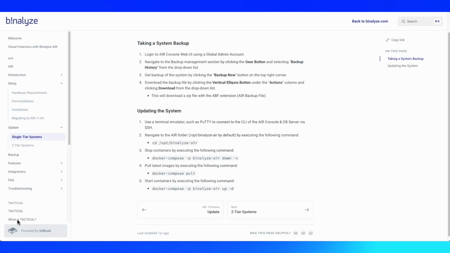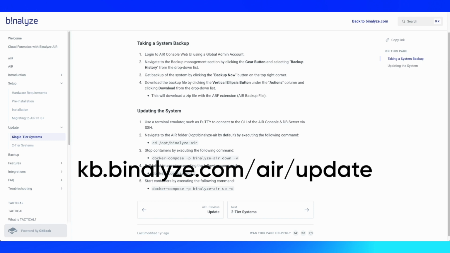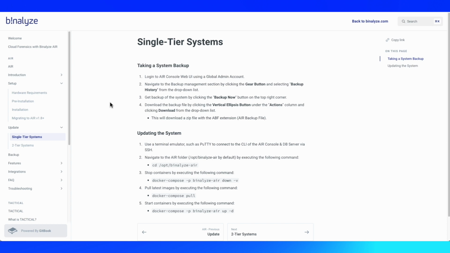I'm now going to go over how to update the Binalyze Air platform. This can be done very easily by going to the knowledge base article kb.binalyze.com/air/update. We outline both single tier updates and two-tier updates. As with all updates, it's commonplace to go ahead and back up your database before beginning. After you have